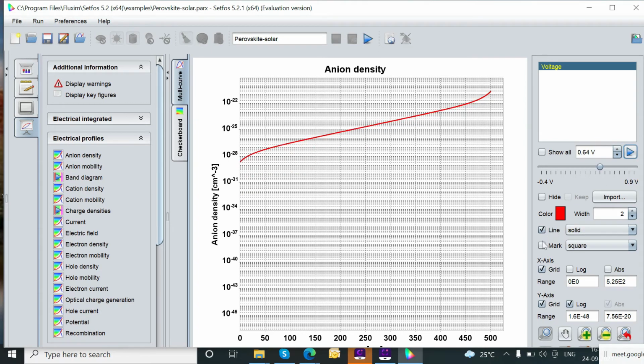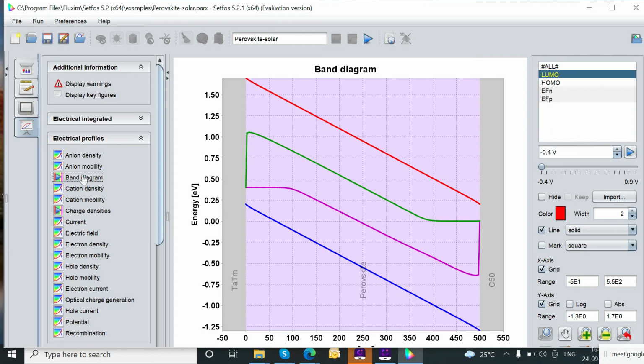Suppose you want to plot the anion density. So you can click on that, and these are various graphs of anion density from minus 0.4 to plus 0.9. I have given many options, like I have given minus 0.4, minus 0.2, minus 0.1, 0, 0.1. That's why these are various options. And now you can click on it and you can play this button so that at every step point your data will be printed. Your data can be visualized on different swapping steps. Like this is showing at 0.04 volt, and you can define all the steps.